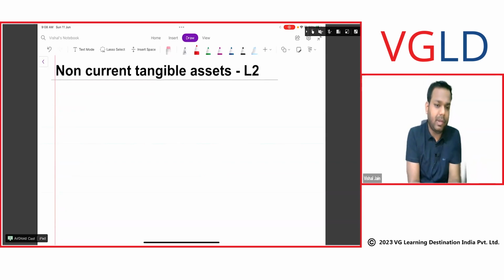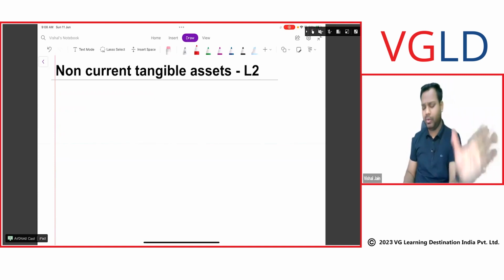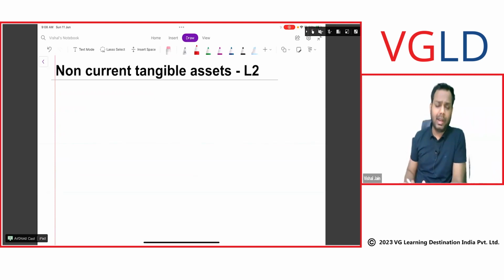What is the difference between historic cost and current cost? Okay, very good. I will discuss this part, historic cost and current cost, in the framework, not now. But I will give you a brief introduction about it. Don't worry at all, because in my lecture of property, plant and equipment, I have never discussed the term current cost. But I have to discuss it, so that's why I will give you a brief introduction. Okay, no worries at all. Any other queries? Anyone?